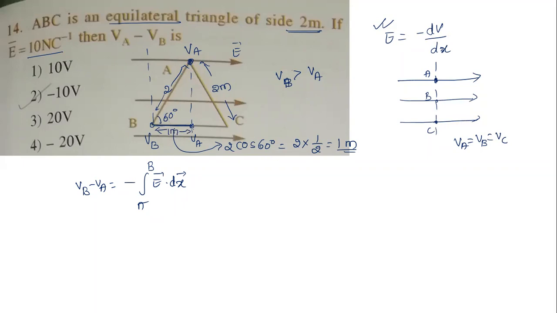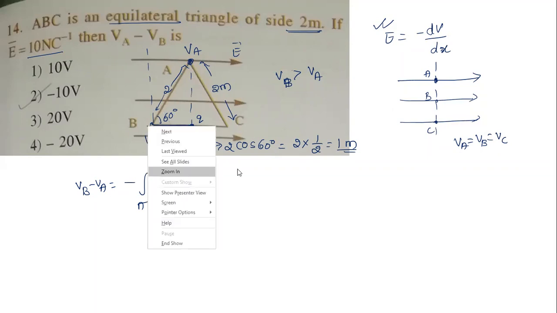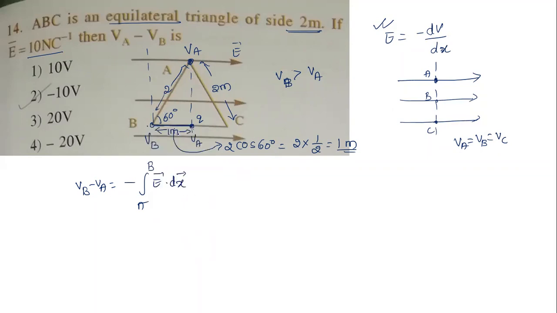Now let us take a charge Q to move from here to here. That will give us the work done to move from here to here. Now we need to find out the potential difference between these 2 points. Electric field is given. If you take a normal way, this integration is not required now because we know the values exactly already. So the angle is 0 degree between the electric field and displacement.